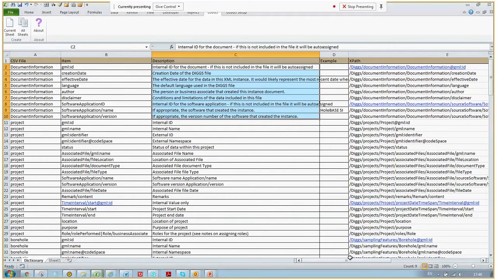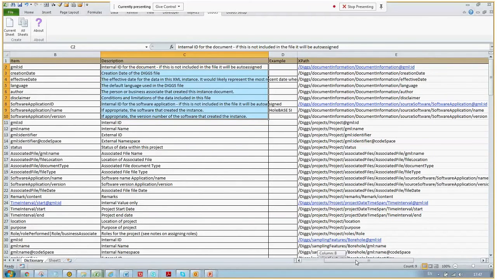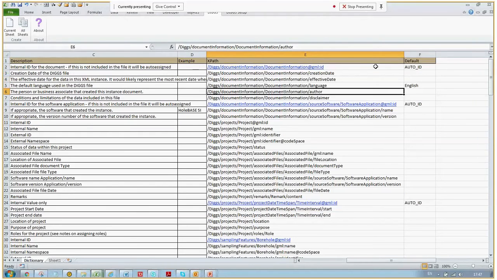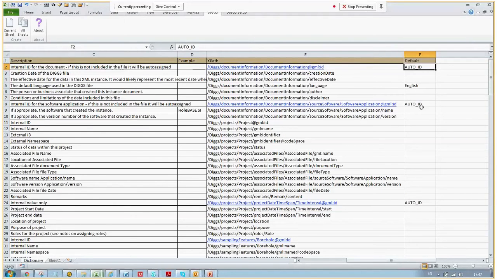Then this is the clever bit that Image Matters have done. Effectively what you do is you pass it that when it finds that column in that file, this is the XML path, the XPath that it's going to. And there are lots of ways, and here you can see the auto ID field that says just generate the auto ID for this value, and if you've got any defaults you can put those in as well,